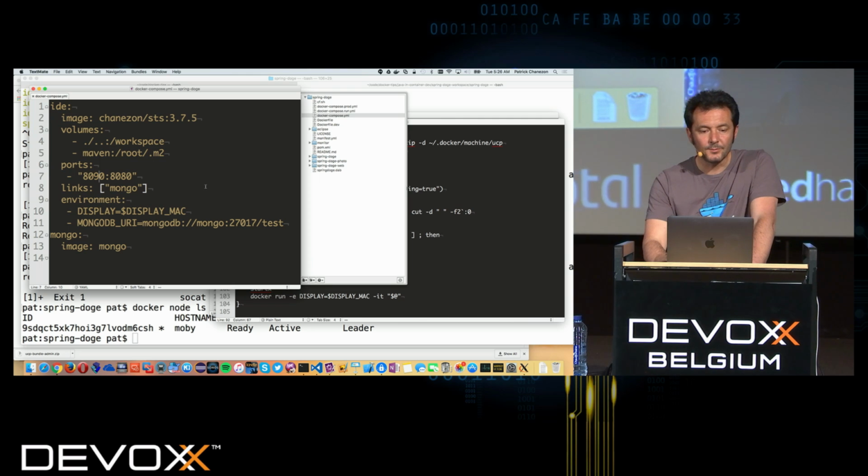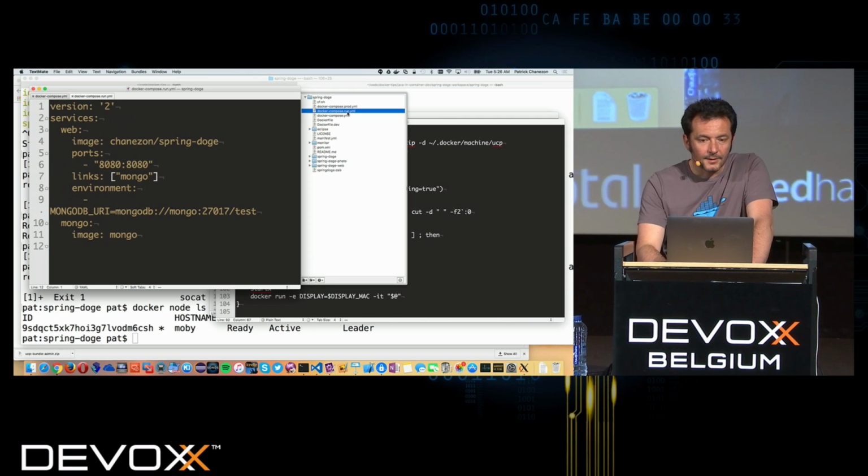So that's a compose file I'm using for development, but I have one that I'm using for running the app. And this one is a simpler one. I just run the Spring Doge container. I'm going to map 8090 there. I link to Mongo, and I pass the MongoDB URI as an environment variable.